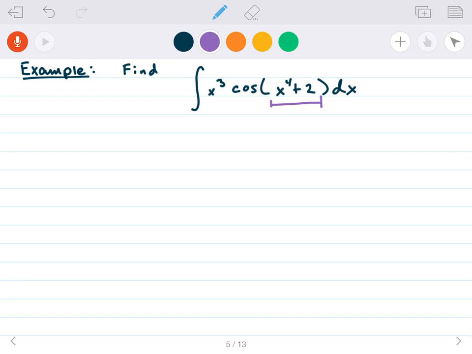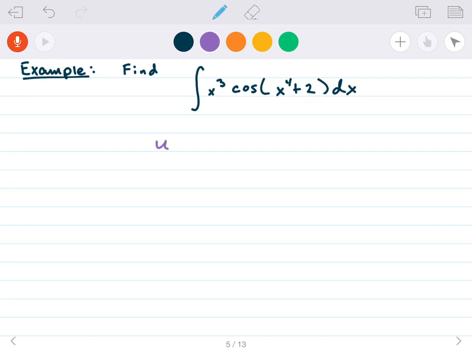Another way of thinking about this is, what can I take the derivative of that would potentially cancel out this x to the 3, right? That would potentially cancel out something. And so this part takes practice, right? You're going to mess up,